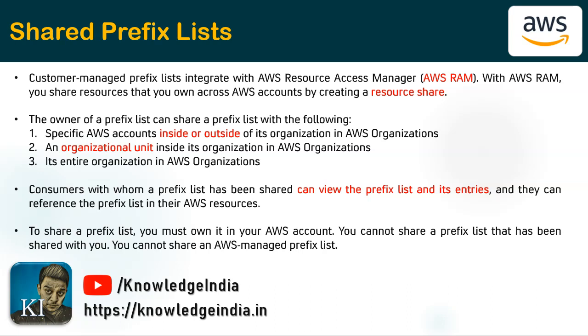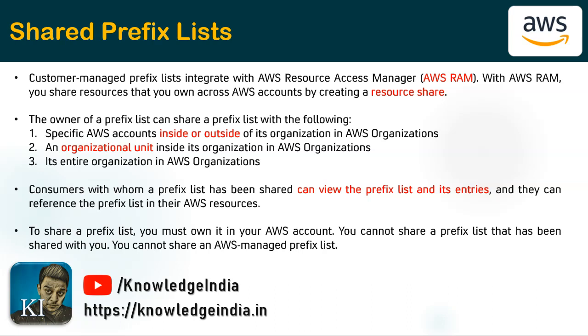In order to share it, we need to use AWS RAM, Resource Access Manager. We already have a video on Resource Access Manager. If you want, you can go ahead and check that out. You'll find the link in the description or at the I button on the top right. So look at that RAM video. But please understand, it's possible that you can share a prefix list with an AWS account which is totally outside of your organization. That's possible by specifying its account number. You can share that way. Or you may choose to share it within your organization, either with a particular organizational unit or with the whole organization. That's possible, right? So we'll see how you share it.